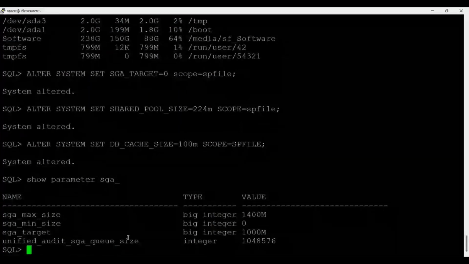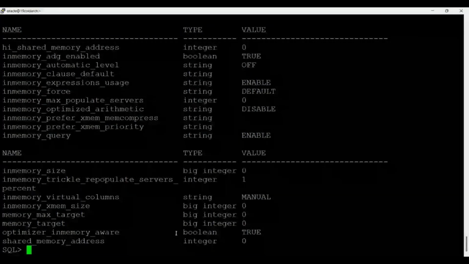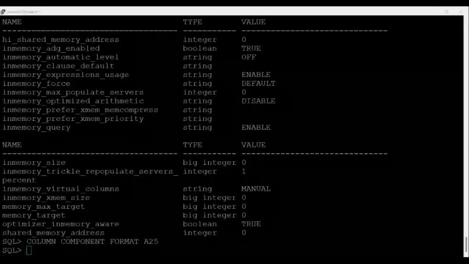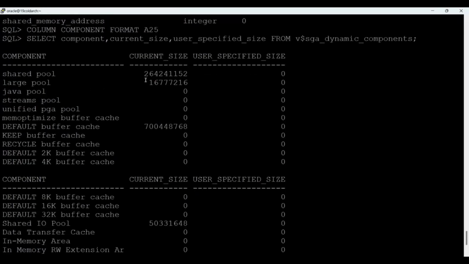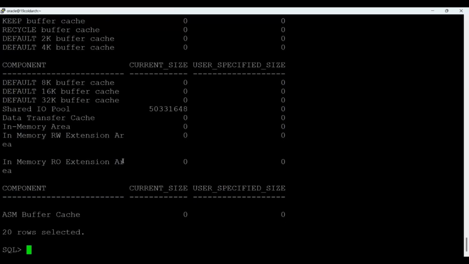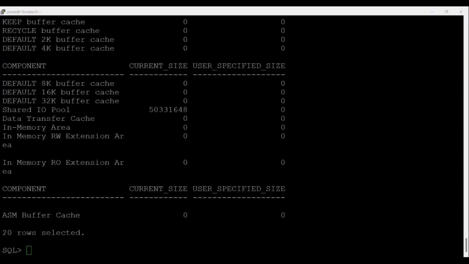And suppose this value is not minimal, then you will get an error actually. Okay, so let me show you the query of dynamic components. So this is the query. Here shared pool is 2642, and large pool is also there, default buffer cache is there, and shared IO pool is there. Okay, because we know that the mandatory component